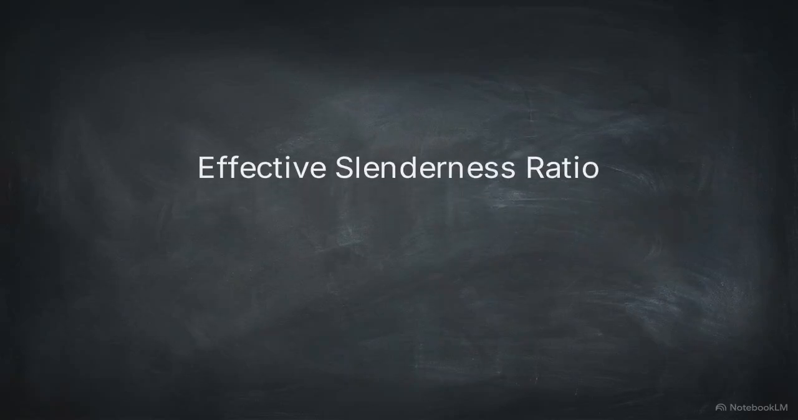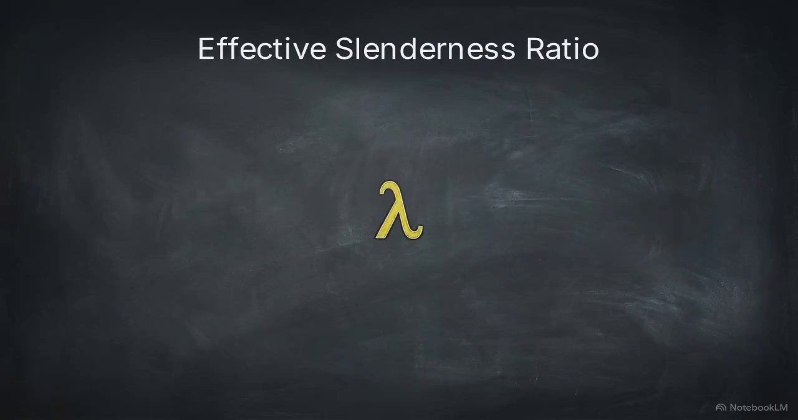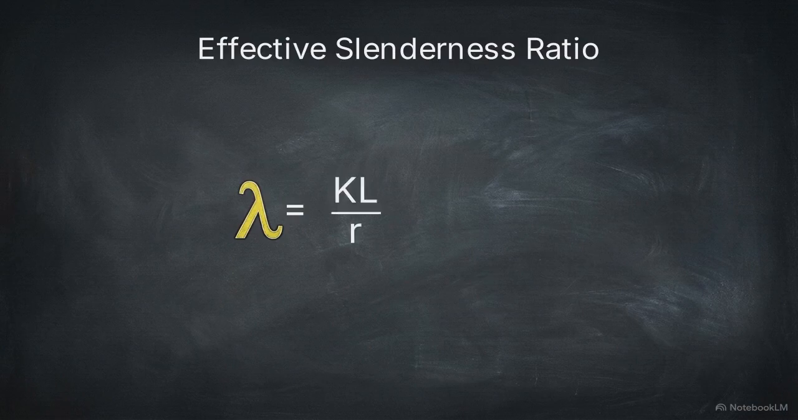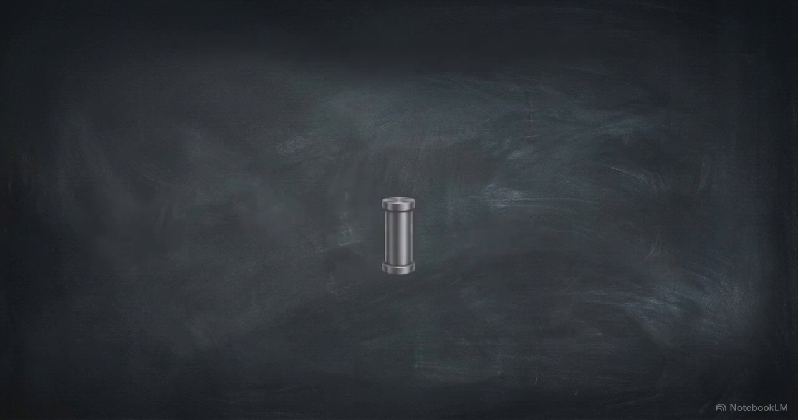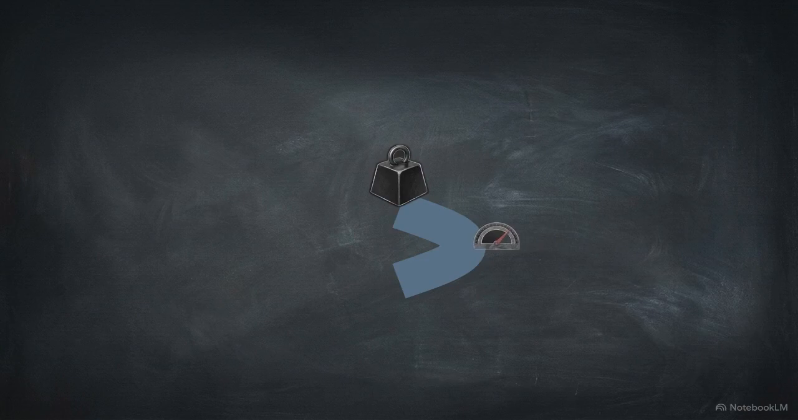To beat the trap, you need to understand the physics of the effective slenderness ratio, represented by the Greek letter lambda. The formula is lambda equals KL over R. KL represents the effective length of the member, and R is the radius of gyration, which is a property that measures how a cross-section's area is distributed around its axes. Physically, this ratio tells us how easily a structural column buckles or bends outward when a heavy load pushes down